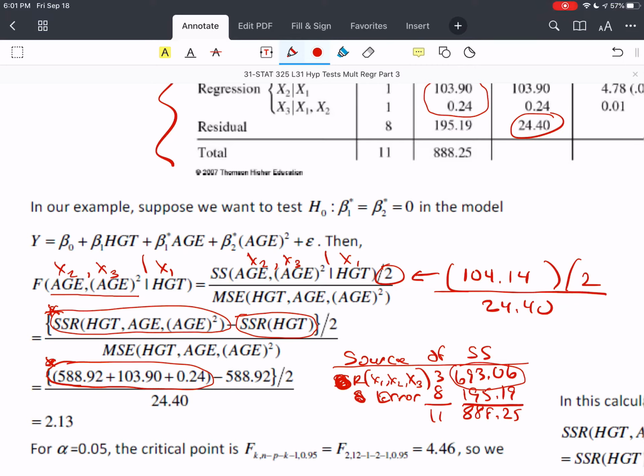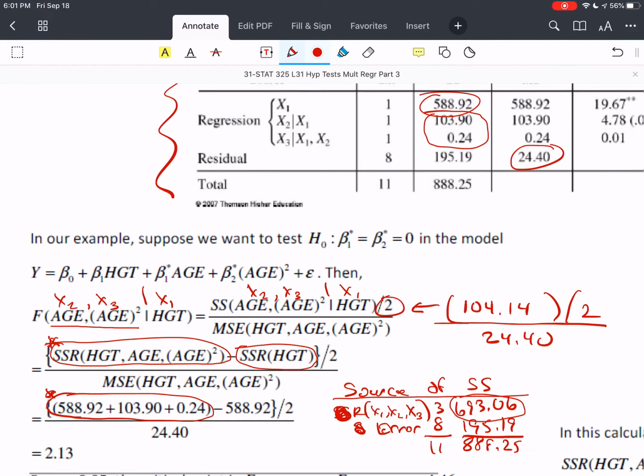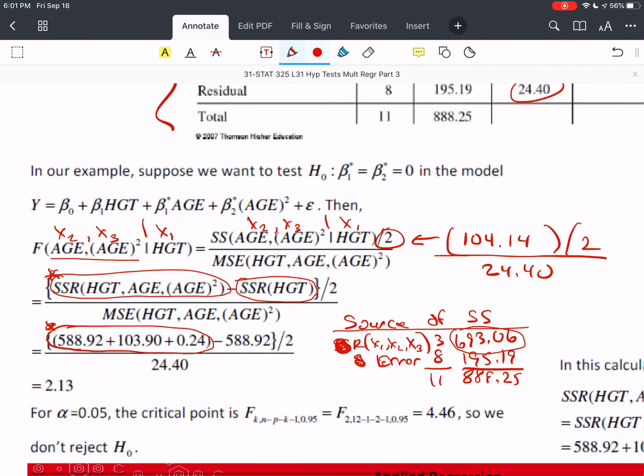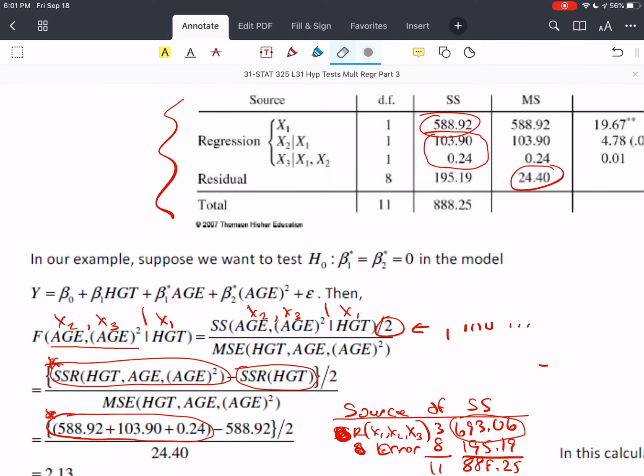And then SSR with just HGT, with just height, is x1, and that is this value here, the regression model with that, okay? And so if I wrote out the ANOVA table for just x1, then I'd have source, and I'd say regression, x1, error, total,